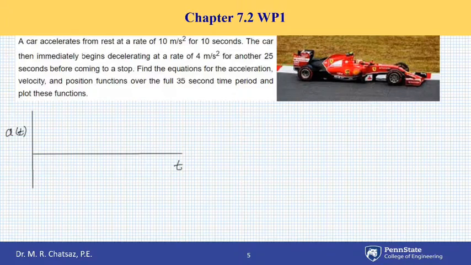For the first 10 seconds, let's say this is 10 seconds, and let's say this is another 25, therefore I label this as 35. Acceleration is constant for the first 10 seconds, so I draw this representing acceleration for the